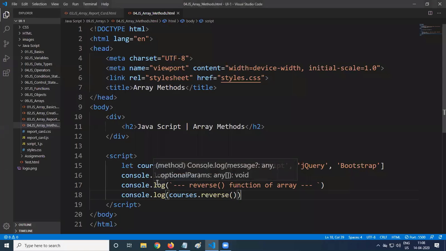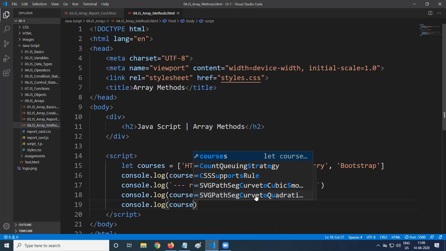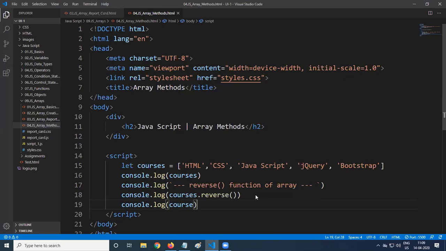So where can we use this? Whenever you have sorted an array in ascending order and you want to display the same array in descending order. I have an array in ascending order, but I want to display the elements in descending order. What do you have to do? You just reverse it. Is any change happening to the existing array or not? Is the reverse method making changes in the existing array, or is it creating a new array?